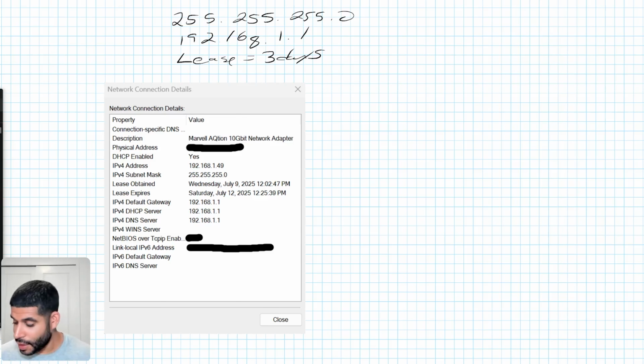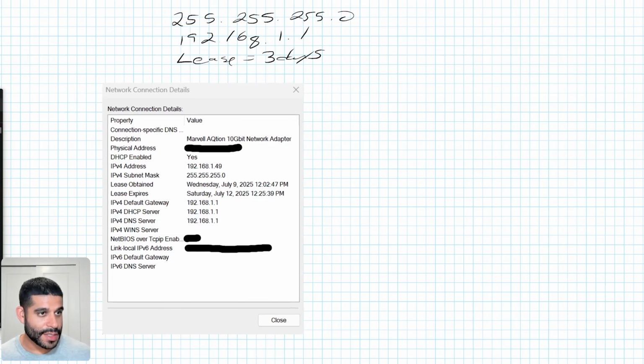So if we take a look here now, this is, of course, the description, which is the name of my adapter. Now, the important thing, as we see here, is DHCP enabled. Remember, we talked about what DHCP is. DHCP, what that means, and of course, you're able to dynamically get an IP address. So it tells you, yes, it's enabled. And now you're seeing my IP address. So if I were to take a look here, my IP address is